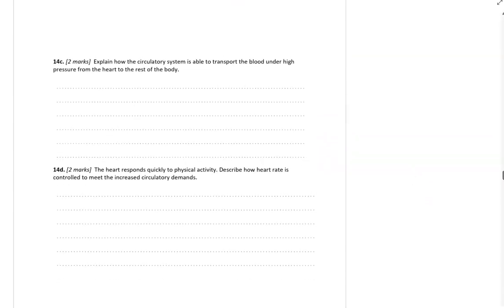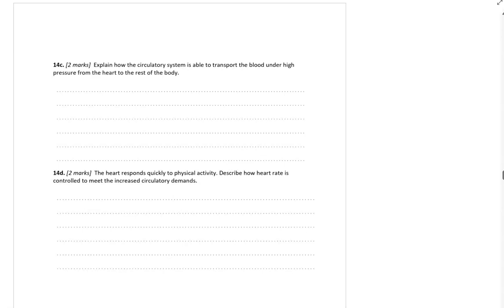Okay, so then 14C, explain how the circulatory system is able to transport blood under high pressure from the heart to the rest of the body. So you need to be talking about the fact that the contraction of the ventricle creates high pressure, that then that high pressure blood is carried out of the heart through the arteries. So we've got ventricular contraction. Okay, so that leads to high pressure, and so then we have the arteries